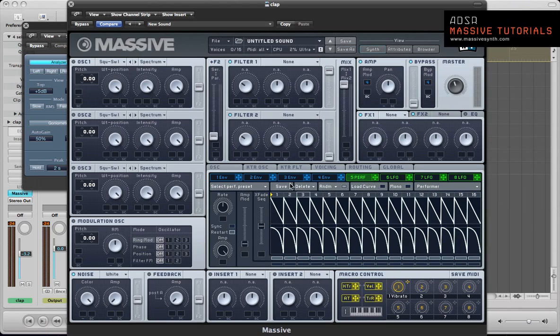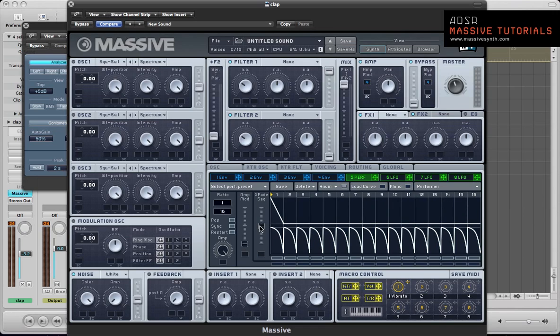So I'm going to set up this performer, sync it 1/16, and I just want to keep one of those triangle shapes, move this X phase sequence to the top so it's just this triangle or sawtooth wave really that we're going to be using for this performer. Drag the crosshair of this performer to the first modulation slot on the amp of the noise generator and just click and drag up to full. So